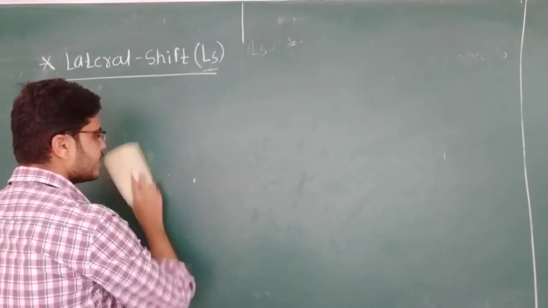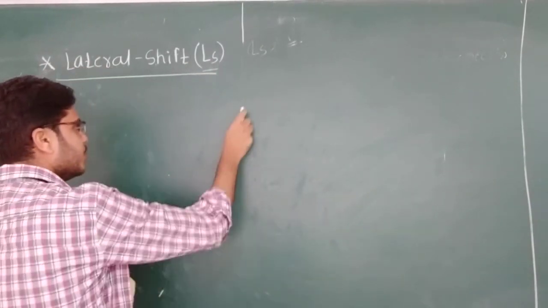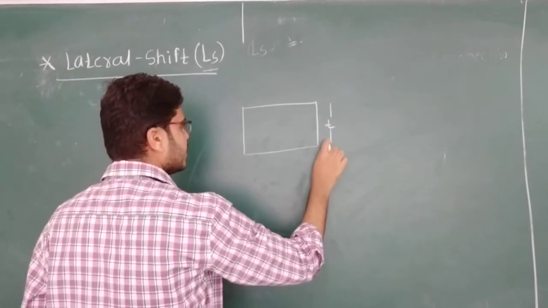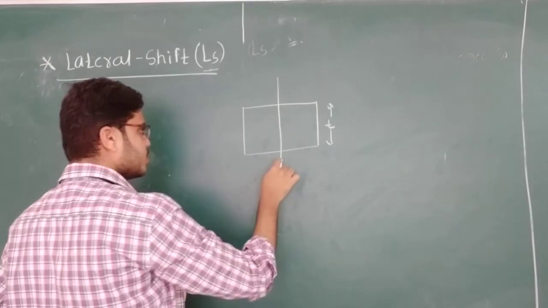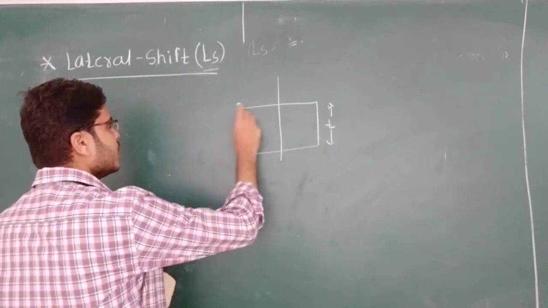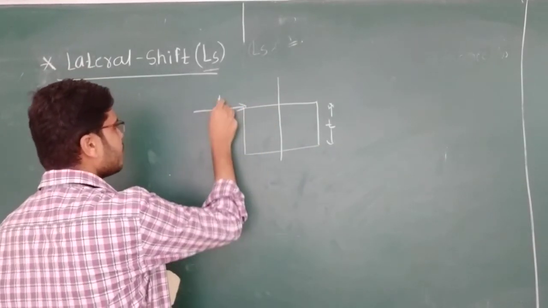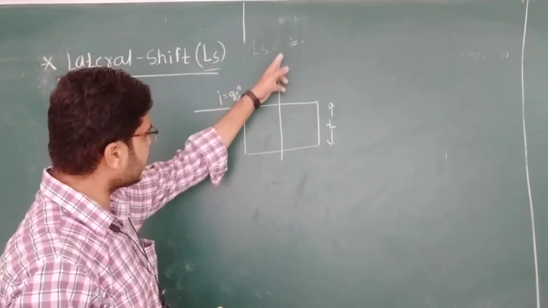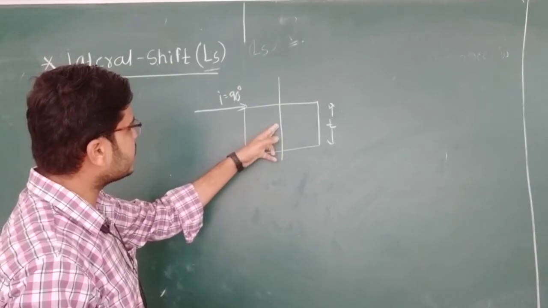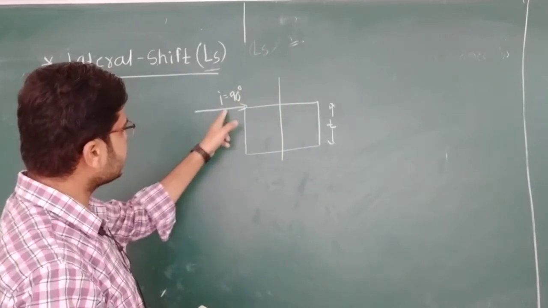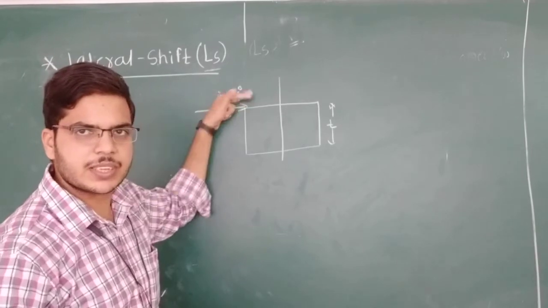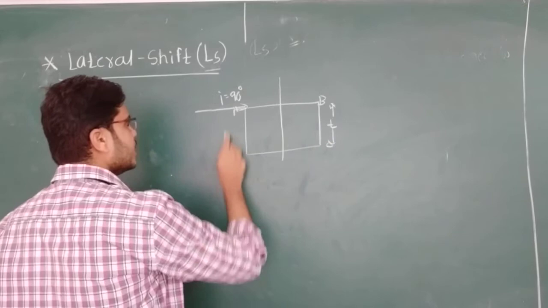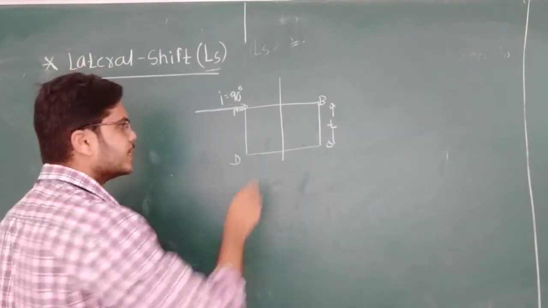In the second case, you take this glass slab. This is thickness t, and this is the normal. Now I am making the angle of incidence equal to 90 degrees. If the ray is incident like this, then the angle of incidence is 0 degrees. If the ray is incident along the surface AB, of the slab ABCD, then the angle of incidence is equal to 90 degrees.